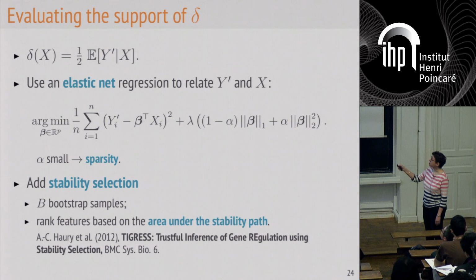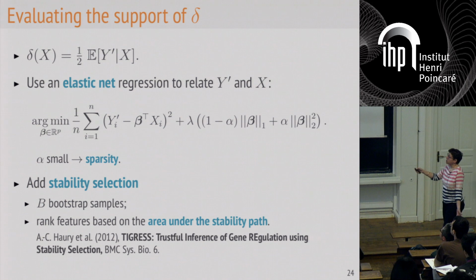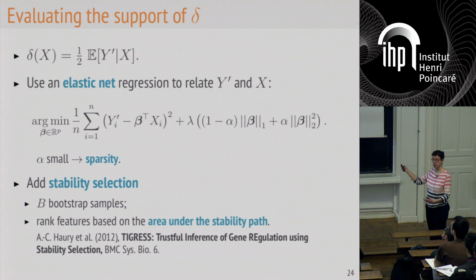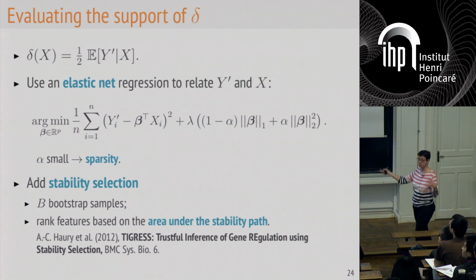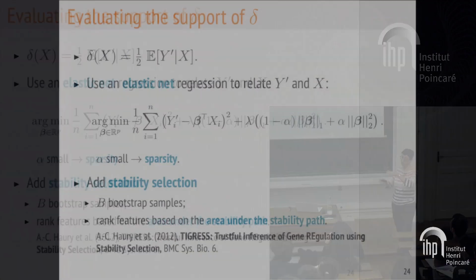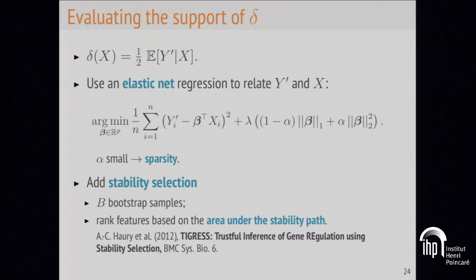And so now you can model this term you're interested in. It's just a relationship between your SNPs and the modified outcome. So the modified outcome depends on the target SNP A. And you can model this relationship with an elastic net regression. So why elastic net and not a lasso? It's because we have so many features and so few samples that the lasso is very, very unstable. So we're trying to stabilize it using the elastic net. So we will select more features, but if you run it several times, it will more often be the same features that are selected. We still had to add stability selection on top of it.